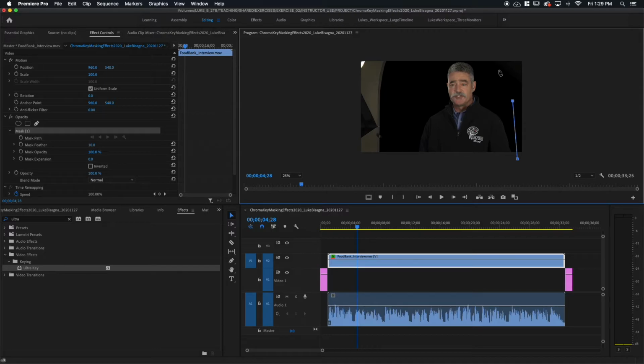And I'm going to make basically an arch around him like this. And I'm giving a nice wide area around him here because he does move a little bit and I don't want him to go off the edge of the mask. So just making basically an arch around him.